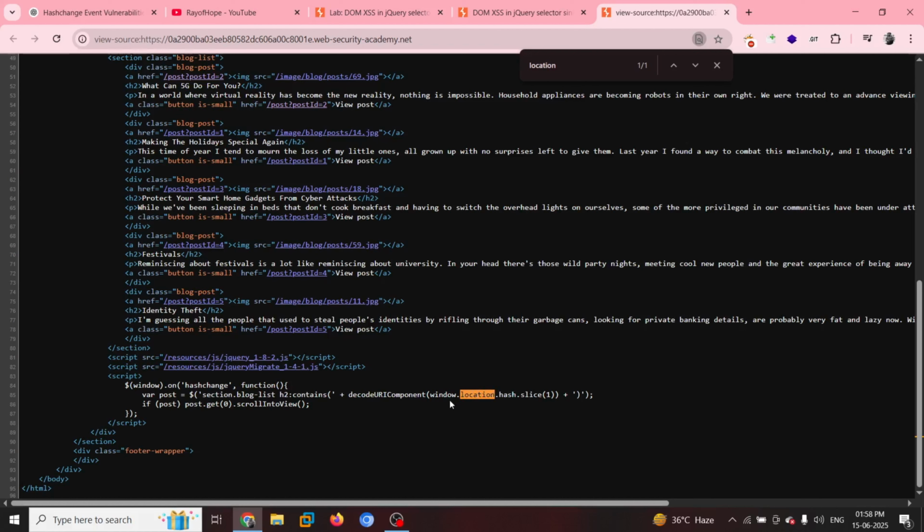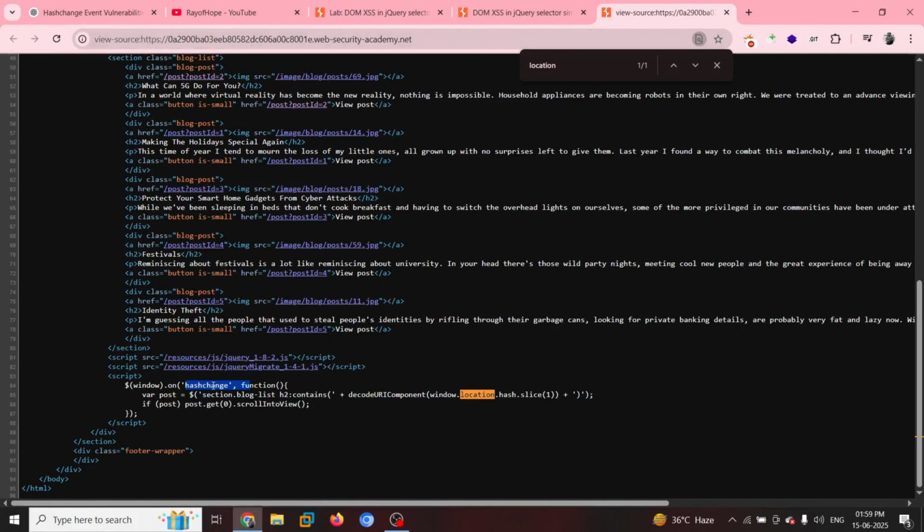Now since the location.hash is controlled by the user input, right? We can try to exploit this hash function, which is hashchange, right? But before that, I need to know if it is controlled by user input, right? And to do so, we need to trigger this hashchange, right? Via hashchange event handler using user interaction.